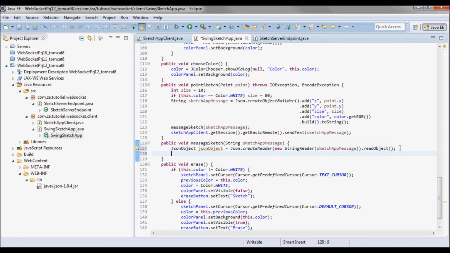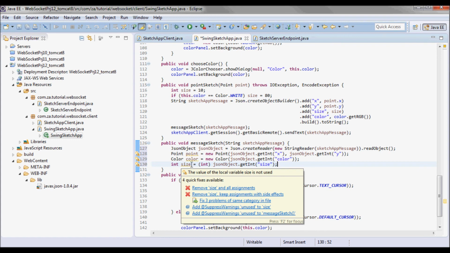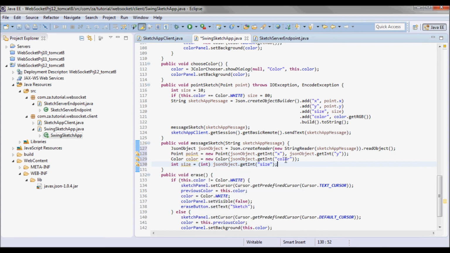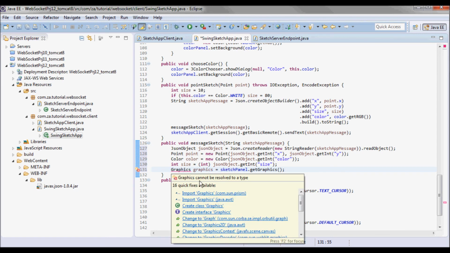And I'll pick up the point and the color and the size from the JSON object, and to sketch it on the sketch panel, I'll pick up a graphics instance.